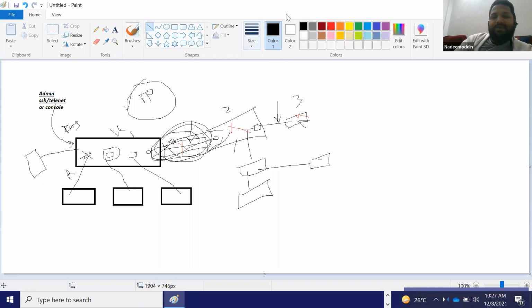So what is the solution for solving this problem? The solution is spanning tree. With spanning tree, one port will be active. Let's say the user sitting here wants to access some server, so his traffic will go through this port, and this other port will be redundant and temporarily down. It is not actually down, it will be kept muted. Only when this port goes down will this other port become active.